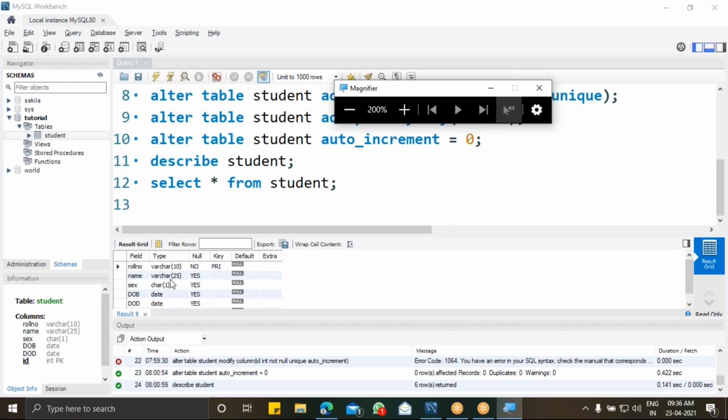Okay, guys, I'm using a magnifier. Is it visible, what I'm showing? I'm showing you the fields, type, null. Is that visible? I'm just zooming in on this field. Yes. Okay, fine. If it is fine, then that's good. Okay, thank you.